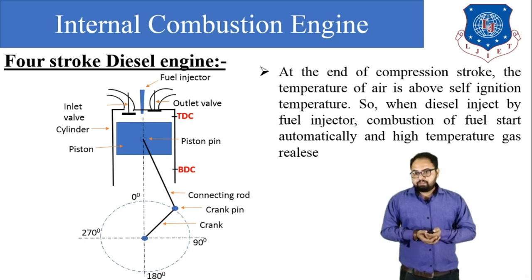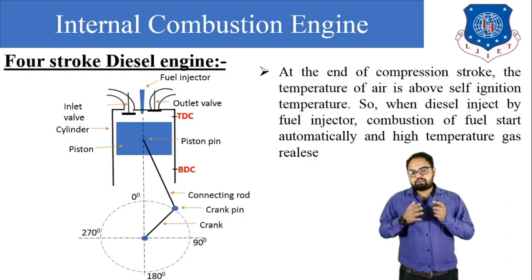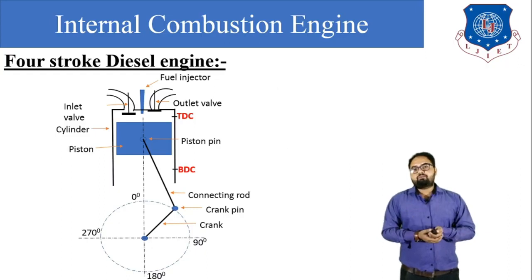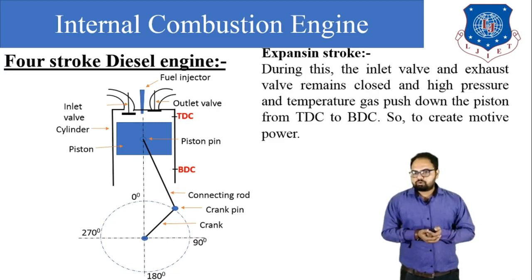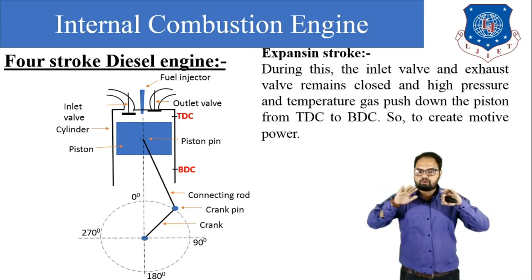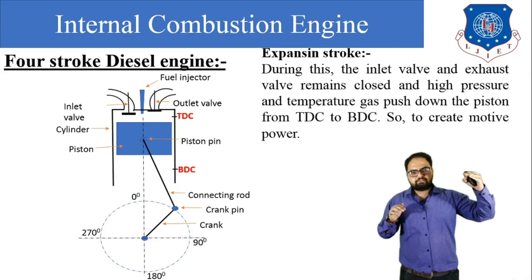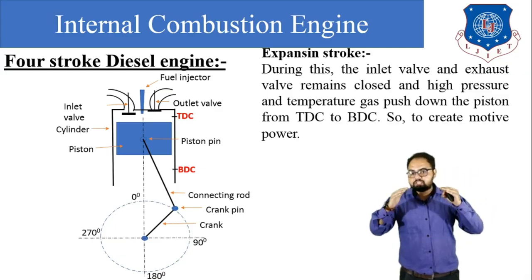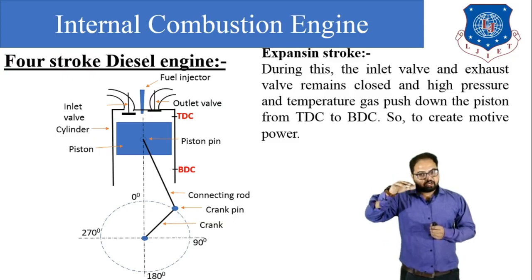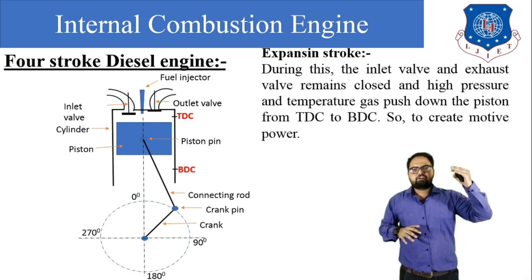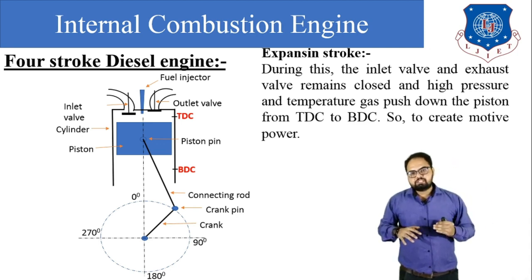Okay, and we know that as there is conversion of gas, there is an increase in volume, and it is the starting point of the expansion stroke. At the starting of the expansion stroke, both the inlet valve and exhaust valve remain closed, the piston is at TDC, and the hot flue gas already generated inside the cylinder pushes the piston in a downward direction, and the piston travels from TDC to BDC, top dead center to bottom dead center, and the power is generated